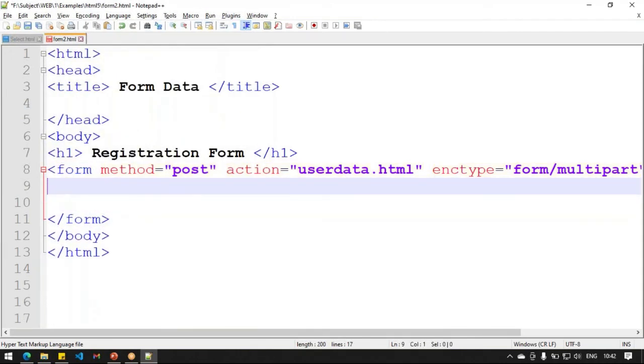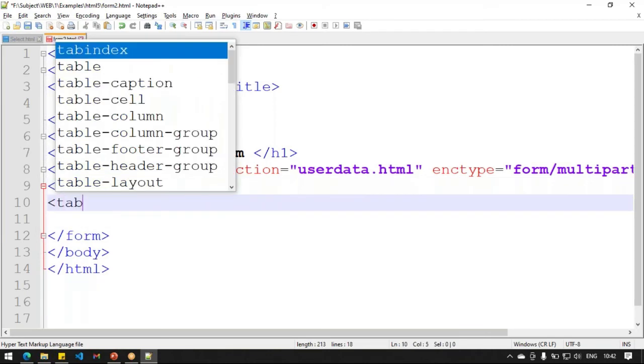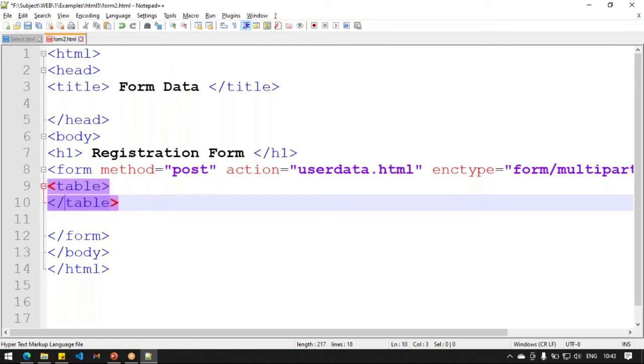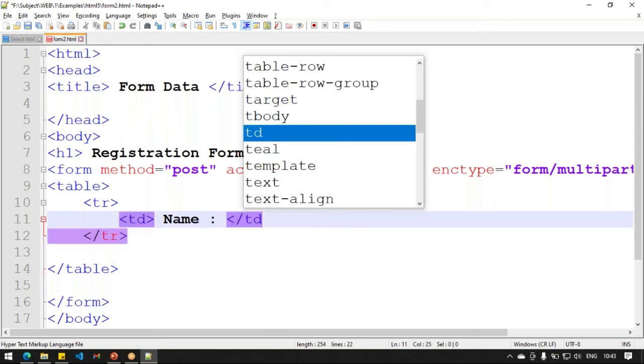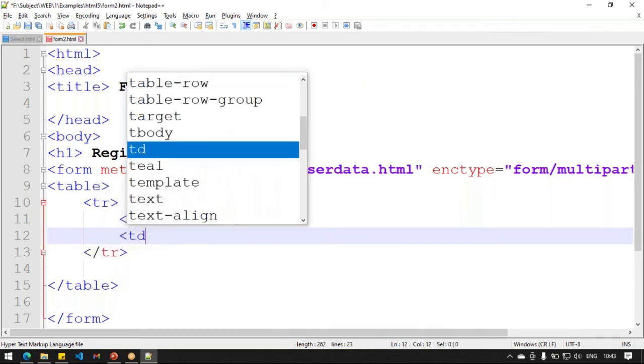Let's create one proper tabular data. Okay, tr, then tr, td name slash td, then td.